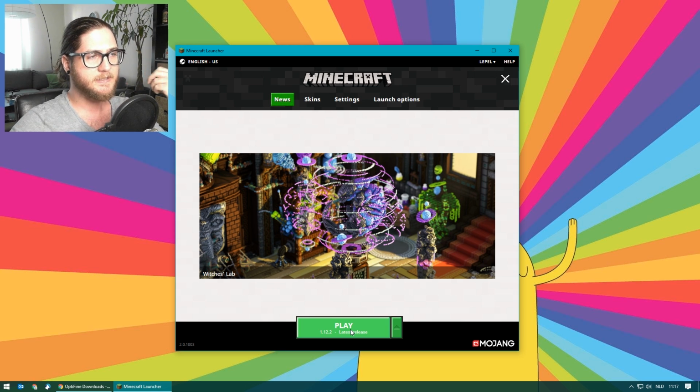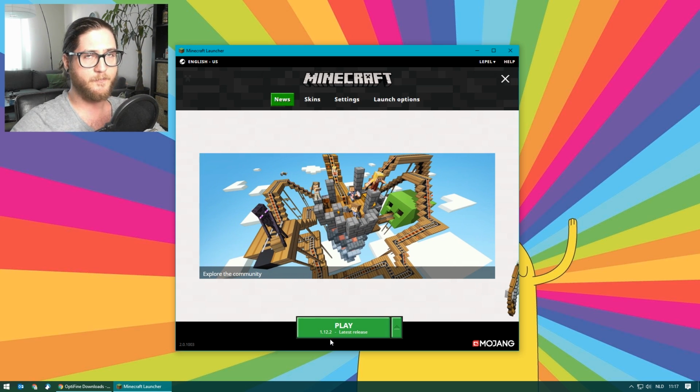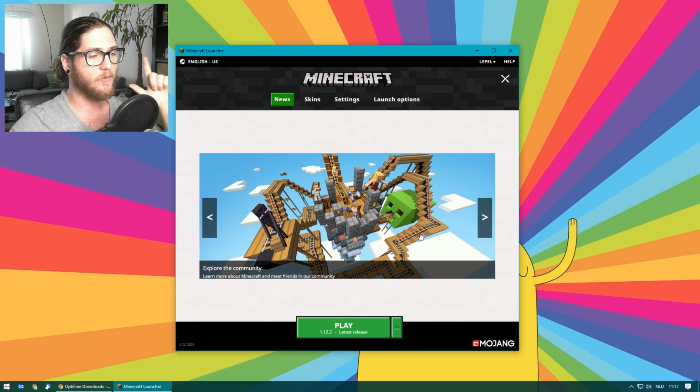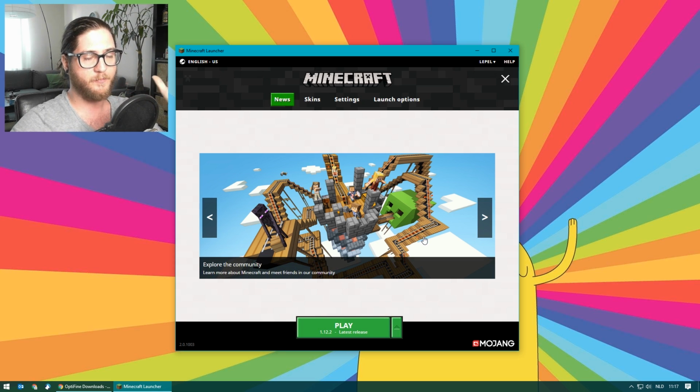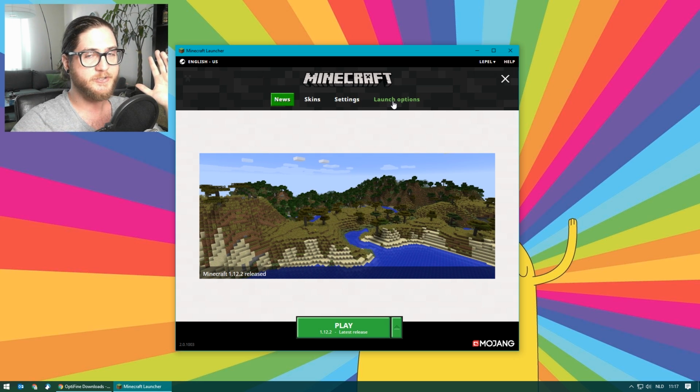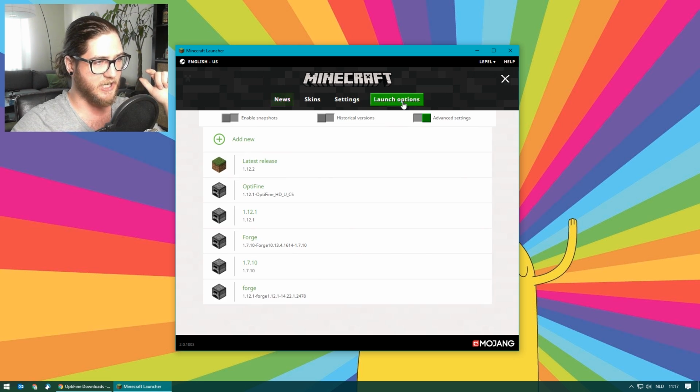Now, you can do this for 1.12.1, which I would recommend, or you can do this for 1.12.2. If you're not sure if you've ever played either of those versions, go to this option, launch options.